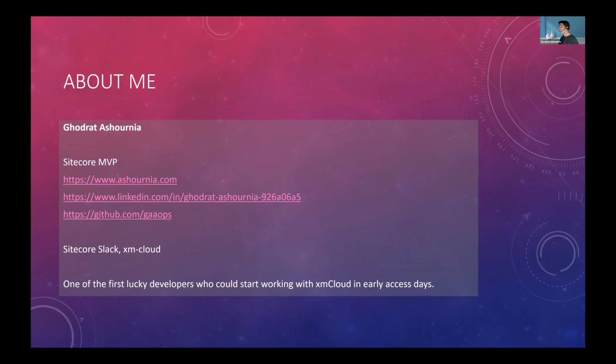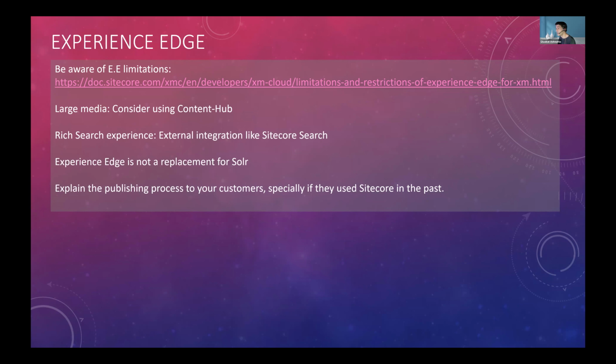In our project, we used Sitecore Search, and we also did an integration over Sitecore Search with SAP SuccessFactors using the web crawlers, and we also used Sitecore Search to index the assets from Content Hub.